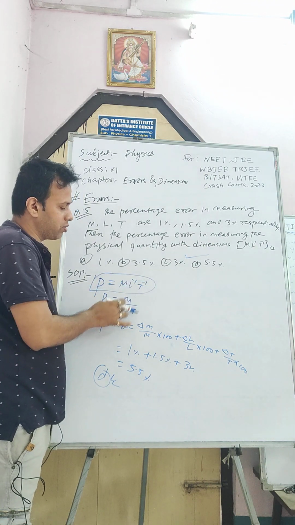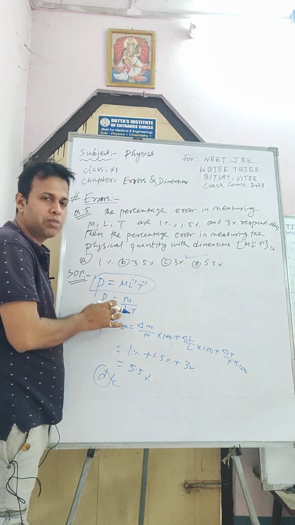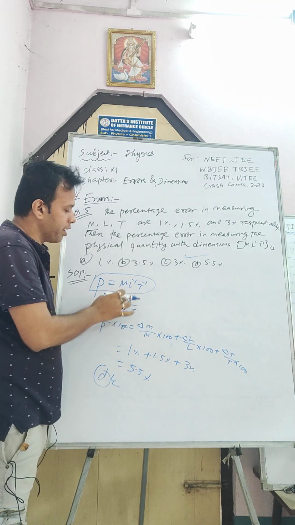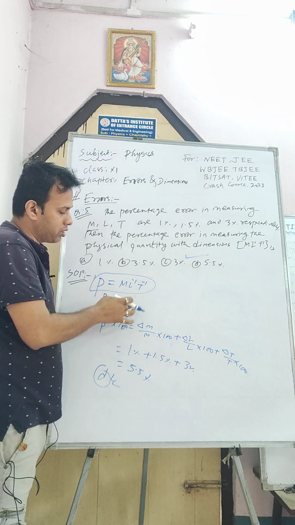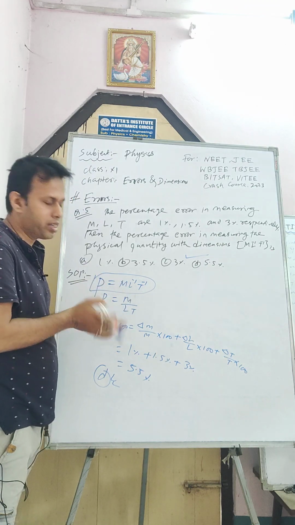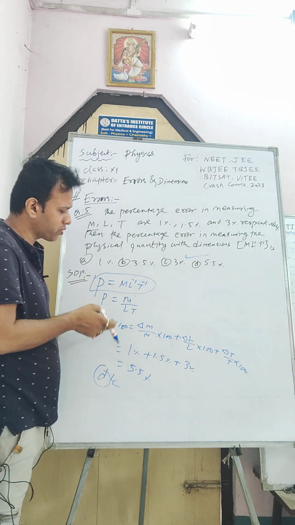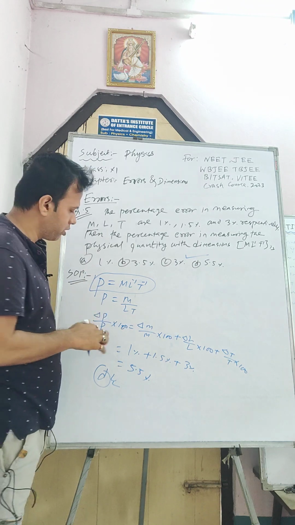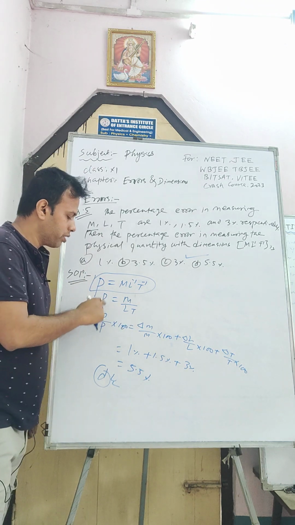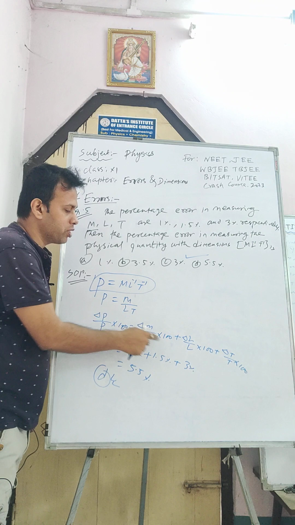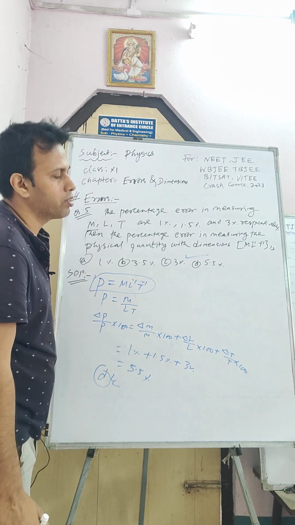After that I simplify this one. We can write it that way also. It's simple mathematics from class 9, M L T. After that it is in the form of division and multiplication. I use the formula of 6, 3 and 4. Okay. So del V by V into 100 equals del M by M into 100 plus del L by L into 100 plus del T by T into 100.